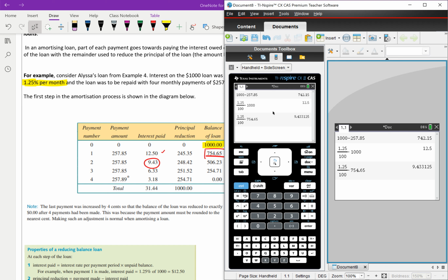Where did $6.33 come from? 1.25% of the remaining. Where did $3.18 come from? Same thing. 1.25% of the remaining. Okay? So that's what they're doing right now. That's how you work out the interest paid. Amount paid is pretty straightforward. Every month you're paying 257, but notice that last one,